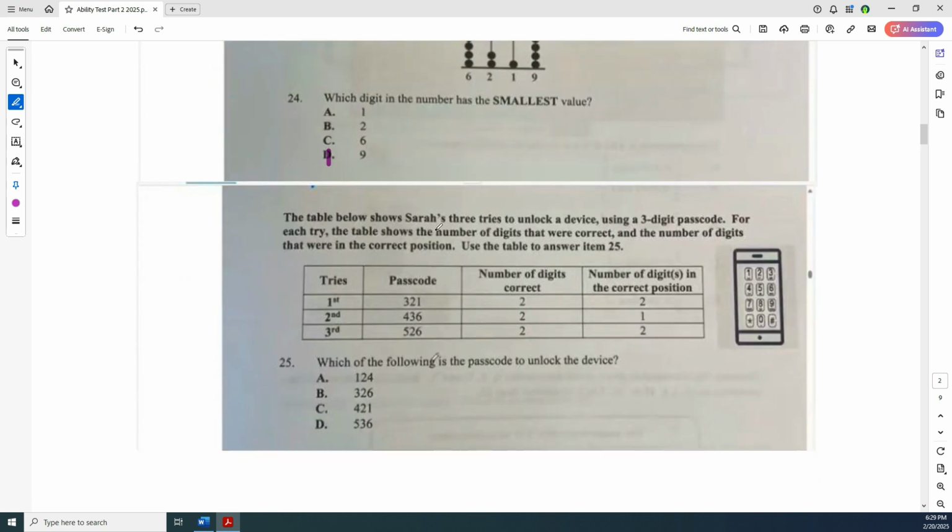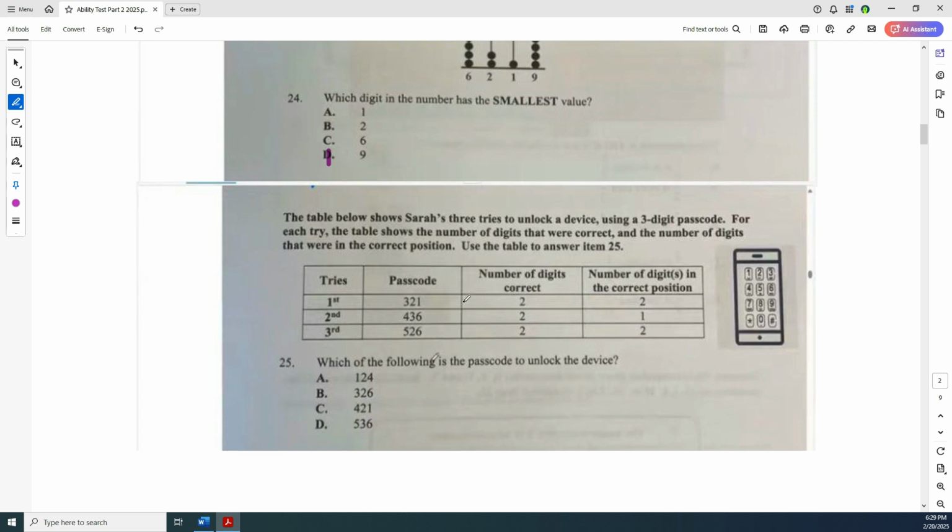The table below shows Sarah's 3 tries to unlock a device using a 3-digit code. For each try, the table shows the number of digits that were correct and the number of digits that were in the correct position. Use the table to answer item 25. So try number 1, 321 was the code she used. Number of digits correct were 2, and number of digits in the correct position 2. All right. Second was 436. Number of digits correct 2, number of digits in the correct position 1, and third 526, 2 correct digits and